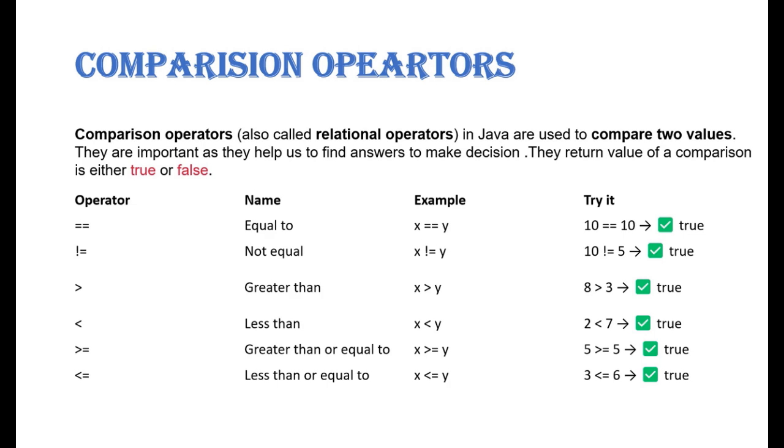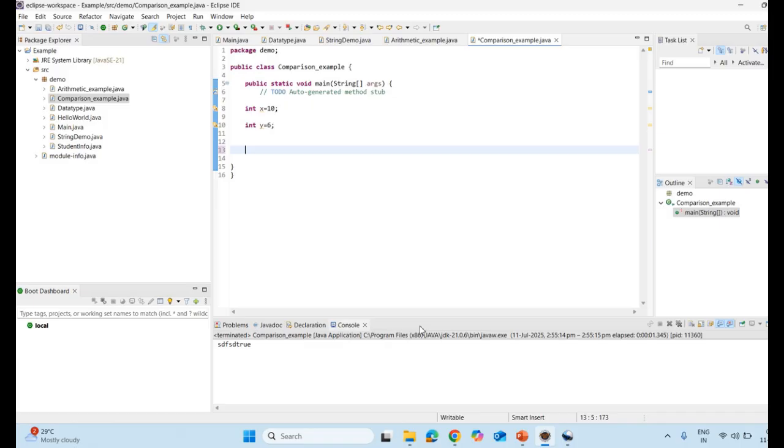Let's do it practically. Now I am in my IDE and I have already created a class named ComparisonExample, in which I declared two variables x and y with values 10 and 6 respectively. Now I want to use comparison operators between the values x and y. So I will write here